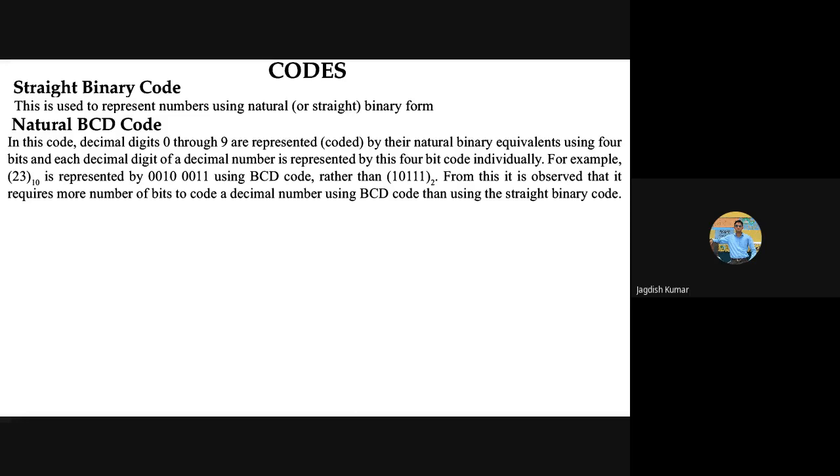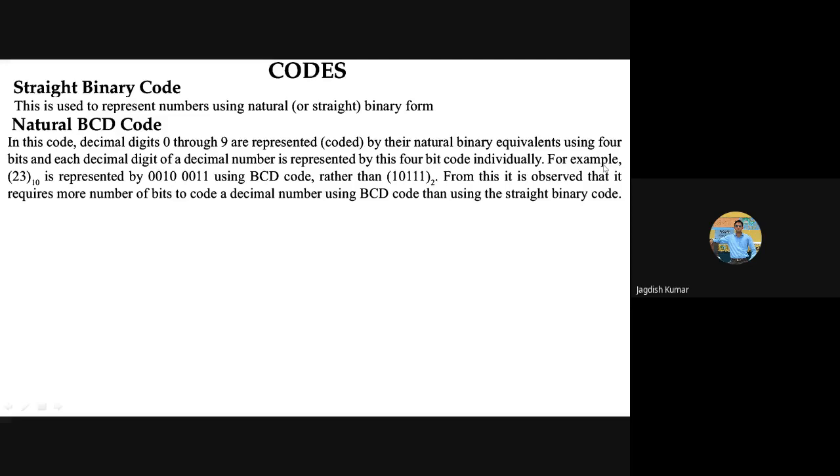So basically, binary coded decimal means that, suppose we have a number which is, say, 23, a 2-digit number in decimal form. So how do we code a particular digit of a number is that every digit is assigned a set of 4 bits, and then we represent each digit with the corresponding binary number. That is called the binary coded decimal way of representing, or BCD code, natural BCD code.